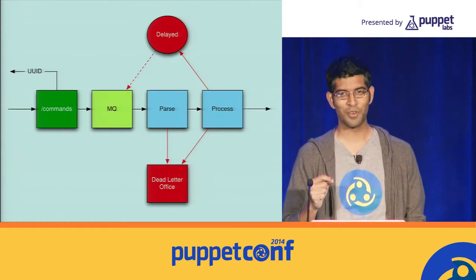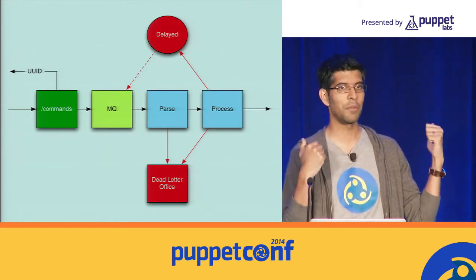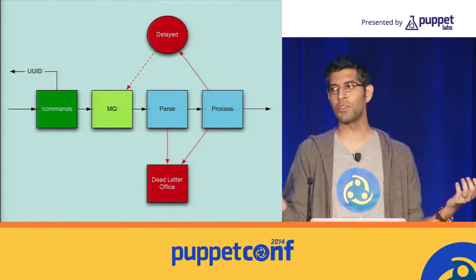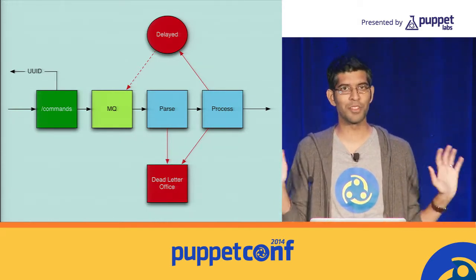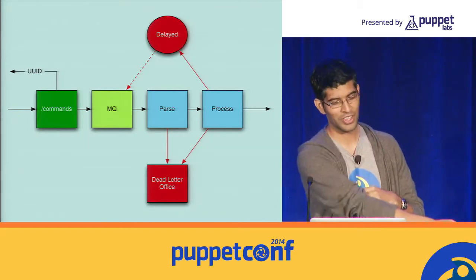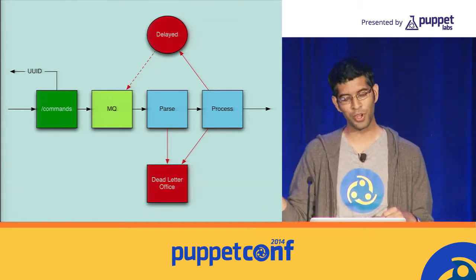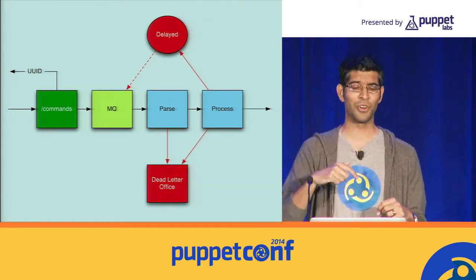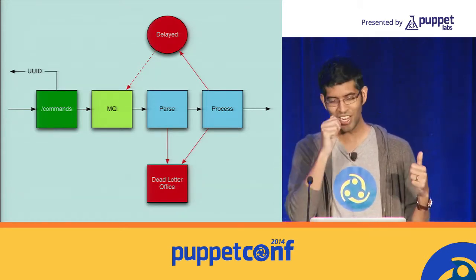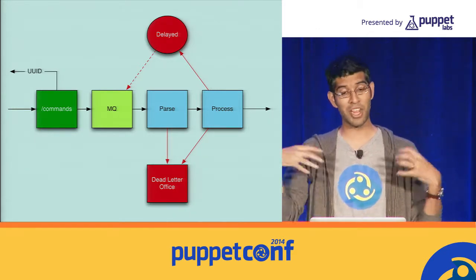So here's what happens if I want to post data to it. I do a post, and this is usually the Puppet master that's doing it, but if you write your own clients, the APIs are public and documented, and we've got all the wire formats available. You'll submit your data, that payload goes to an endpoint, and then that endpoint will open a transaction to an underlying embedded message queue,